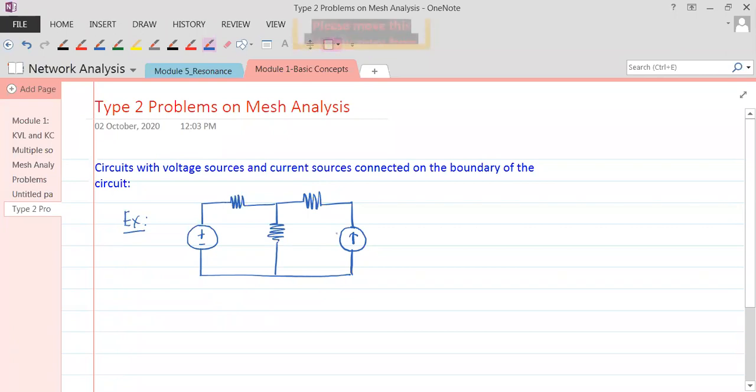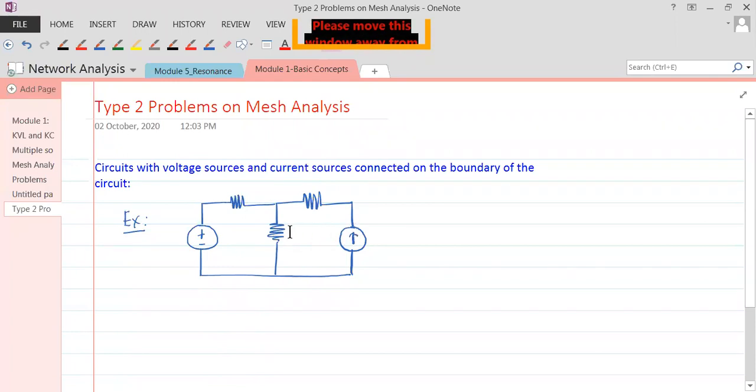Again, this is a mesh analysis problem only. In mesh analysis, we are considering the circuits wherein along with the voltage sources, current sources are involved, but the current sources are there on the boundary. Boundary means what? See, this is the boundary that I'm talking about. Everybody okay with that? It is not in between any two meshes. On the boundary, if there is a current source, it would belong only to one particular mesh. It would not belong to two meshes.